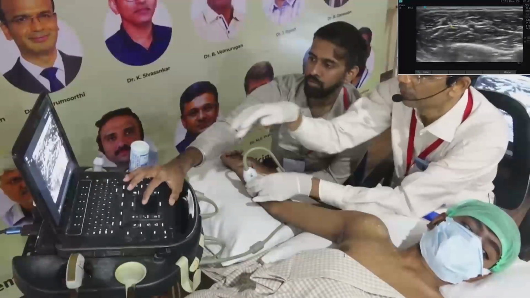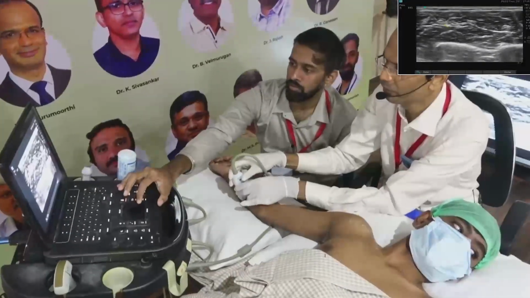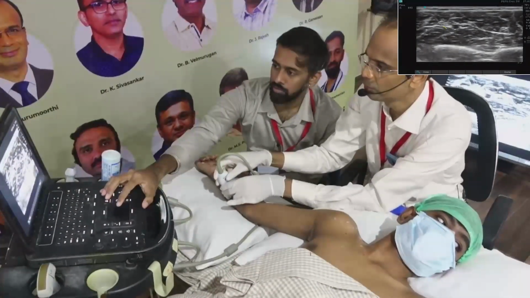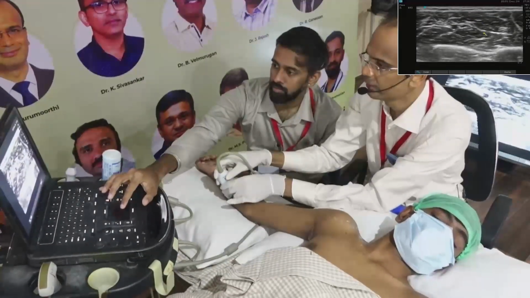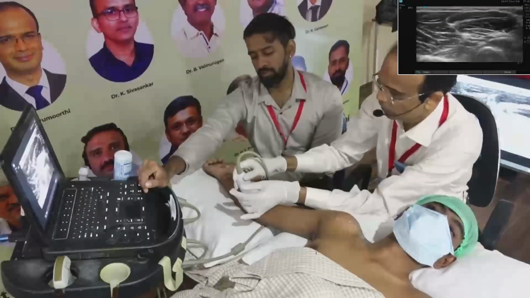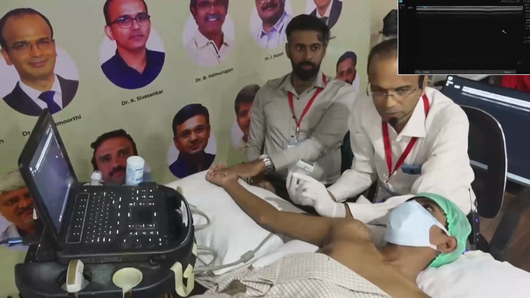So this is ulnar now. Ulnar artery also you can see. So this is a view called panoramic view, which covers ulnar artery, ulnar nerve, two muscles and median nerve here. Okay. So already I told, radial nerve, it's better to block